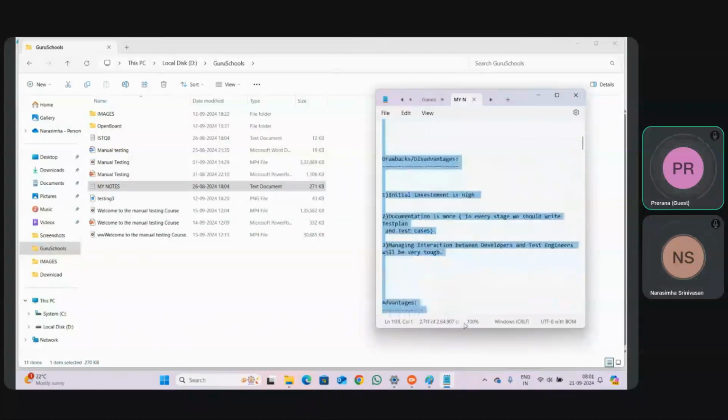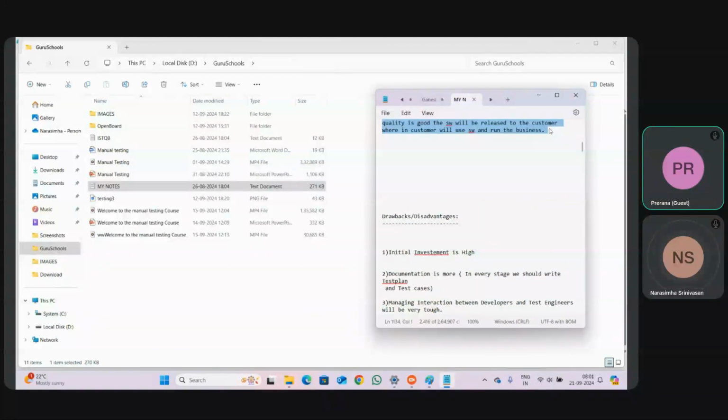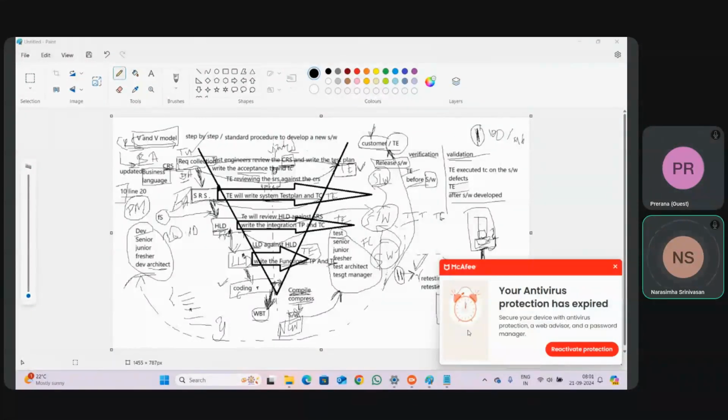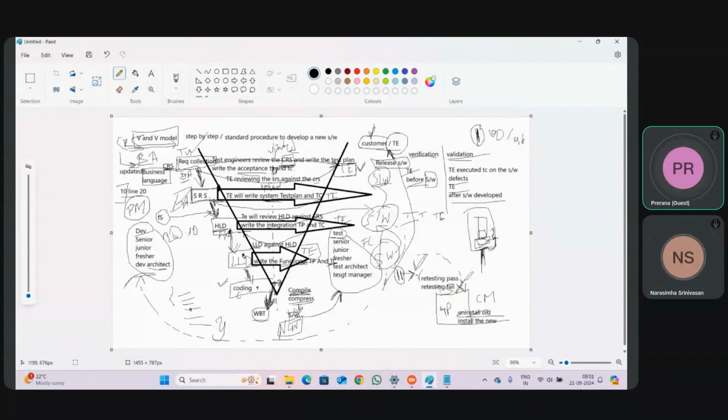Sir, actually, what I was thinking when you were explaining is: when the V is going down, it is verification, and when the V is going up, it is validation. Right? Yes. And then, sir, I understand that testing is of three types: functional, integration, system, and also acceptance. Many more testings are there. I will guide you one by one. Many more means more than 10 types are there. But three are basically what we need to do.